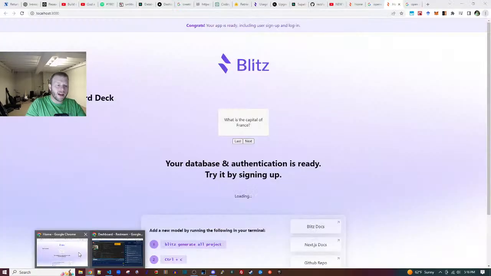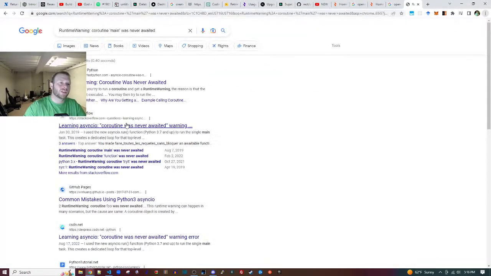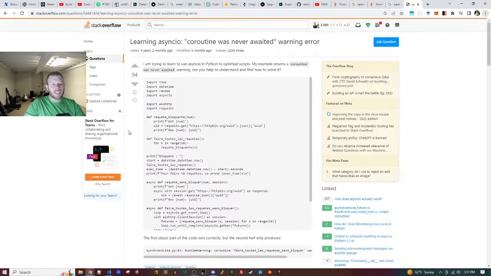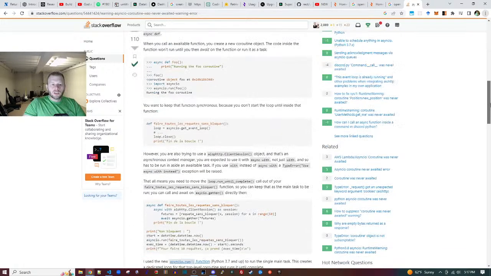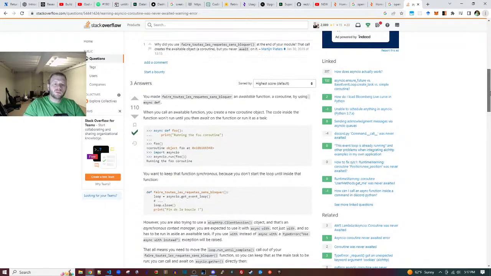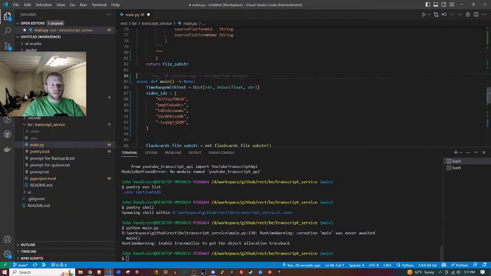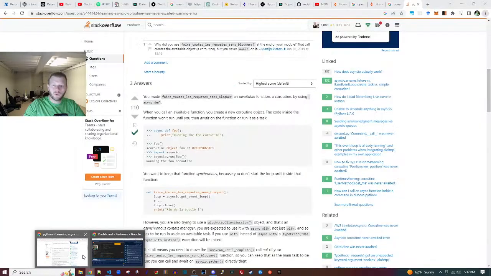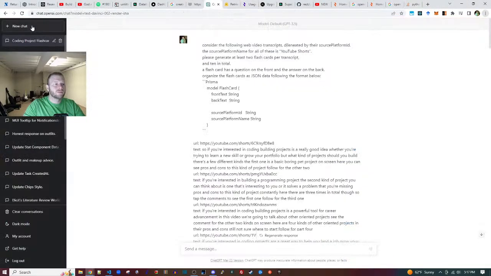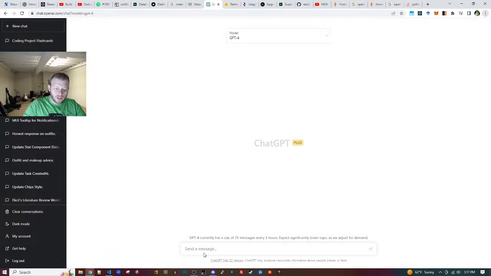We can Google this. I have a solution, but I don't know if it's ideal. Oh, I can also, yeah, here. I can send this to GPT-4. Fix the code below so that I don't receive the error about.